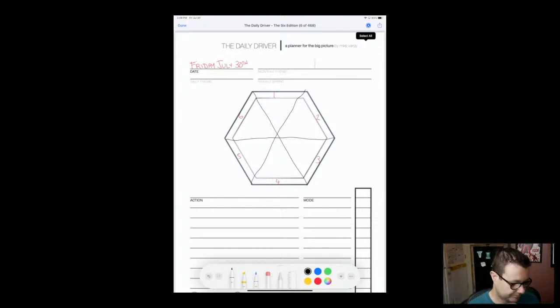Okay. So ultimately, what we want to be able to do here is take a look at, and I'm keeping my eye on this too, so keep that in mind, this daily driver, where I have elements of time crafting up top here. Now, if you're not somebody that does this stuff, if you're like, look, Mike, I don't know what time crafting is, I just like the idea of making productivity fun again, I don't want to learn a new system, you can just go, you know what? I don't want